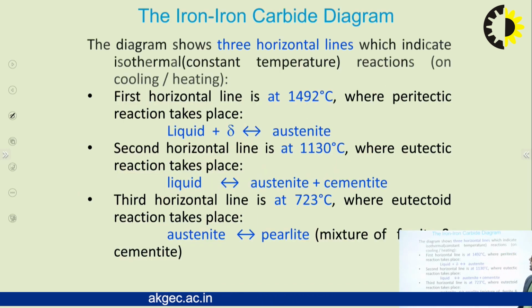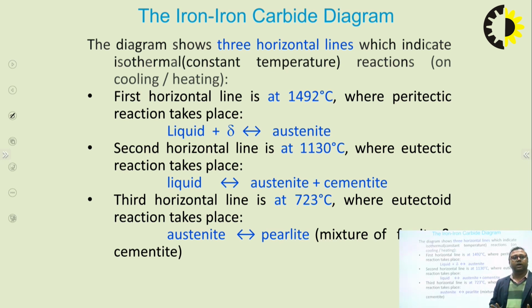Then the iron carbon diagram shows three horizontal lines, which indicate the isothermal (constant temperature) reactions on heating or cooling. The first horizontal line we draw at 1492 degrees, which is known as the peritectic reaction, where liquid plus delta converts into austenite. The second horizontal line we see at 1130 degrees centigrade, where the eutectic reaction takes place, where liquid converts into